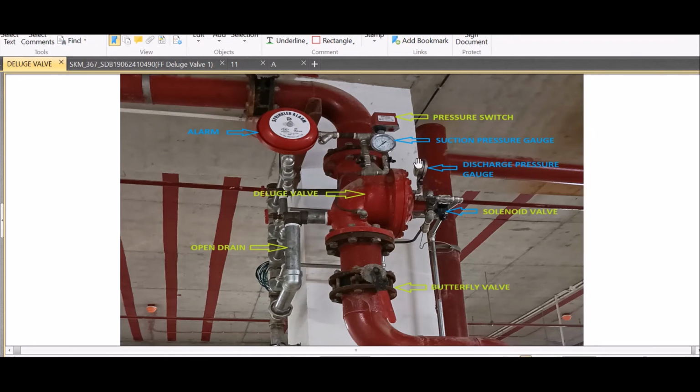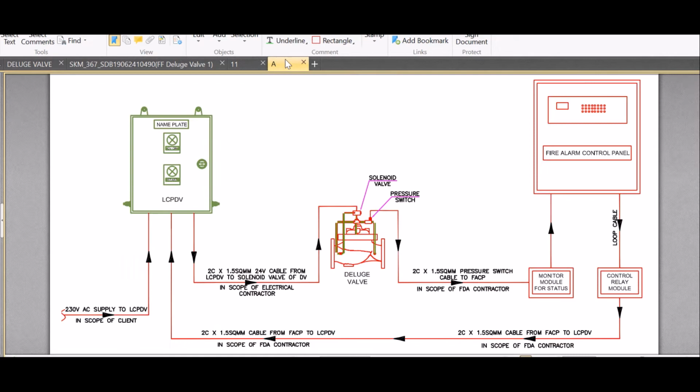These two main parts will be connected with the monitor module and control module. The solenoid valve and pressure switch are connected with the monitor module and control module, which are connected with the fire alarm control panel through the deluge valve control panel to the solenoid valve.